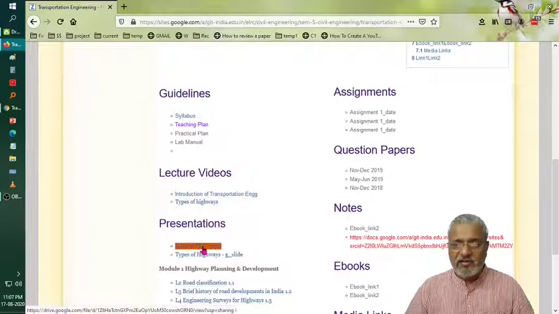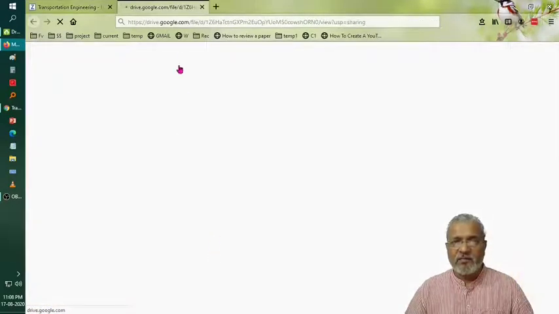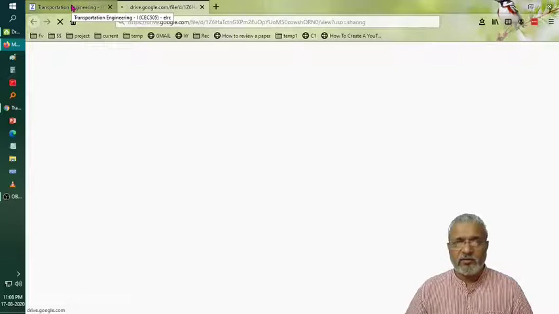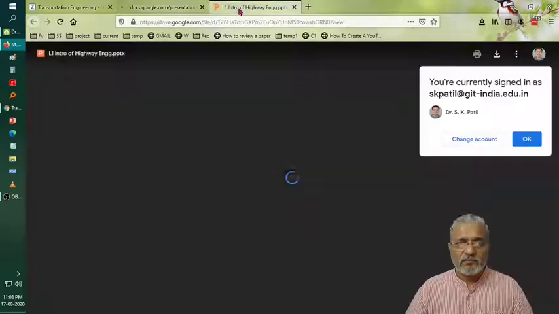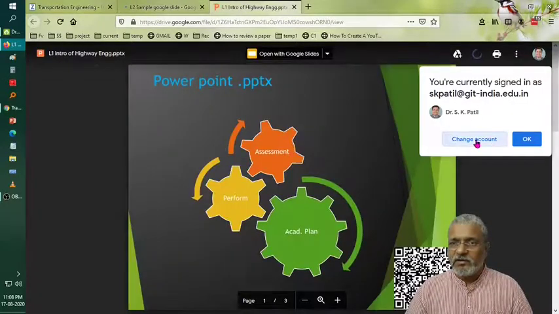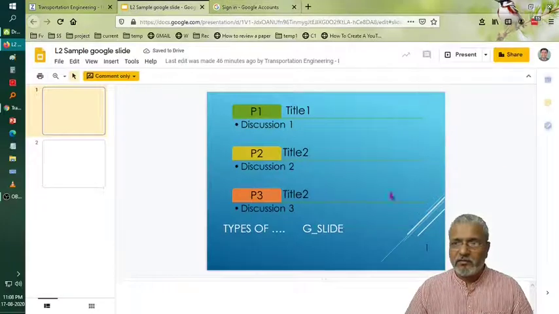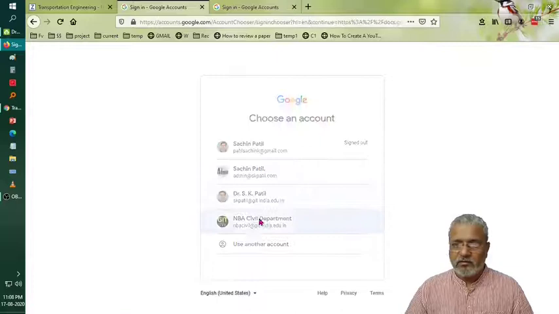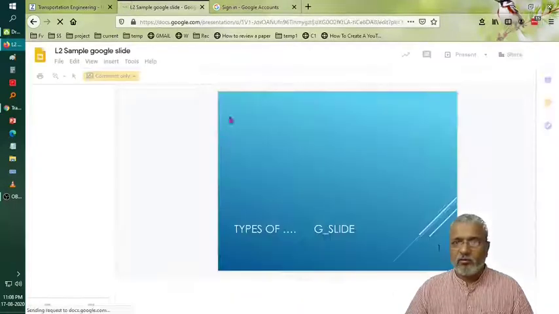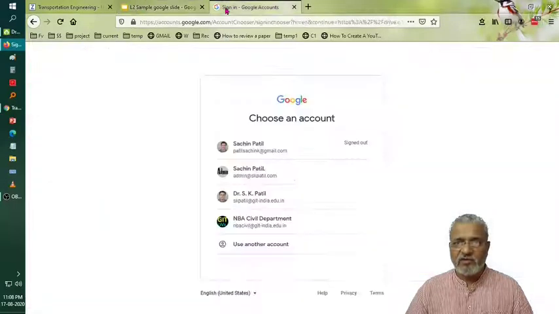Let us go for the same thing. The student is going to click on the presentation, which is in Microsoft PPTX native format, and the presentation will open in native format. Let us see how it is going to open. I will click Google Slides also. Okay. Let it be. Now we are opening this ELRC page like a student.